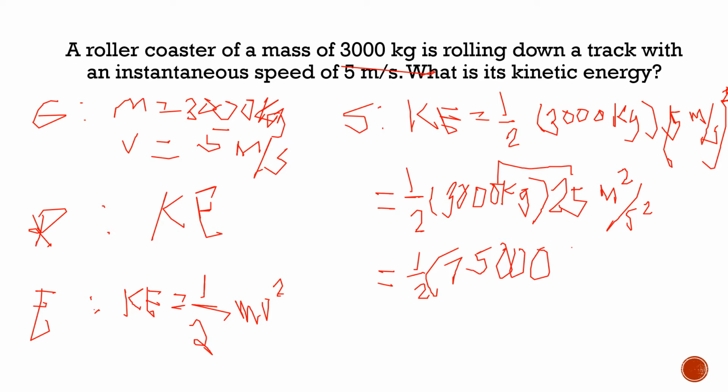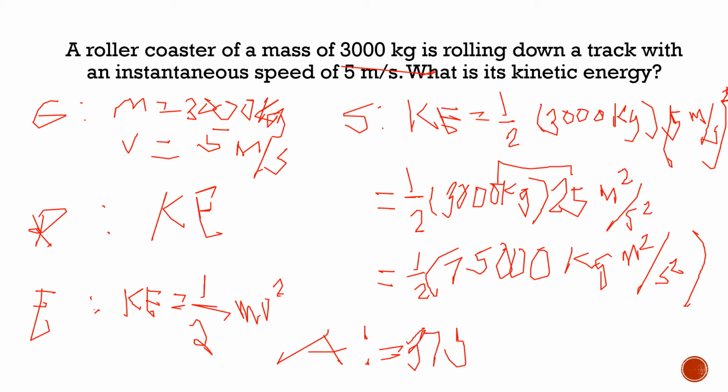We have here kilogram meter squared per second squared. So what is one half of 75,000? 75,000 divided by 2, that will be our final answer. So kinetic energy is equal to what? One half or 75,000 divided by 2 is equivalent to 37,500